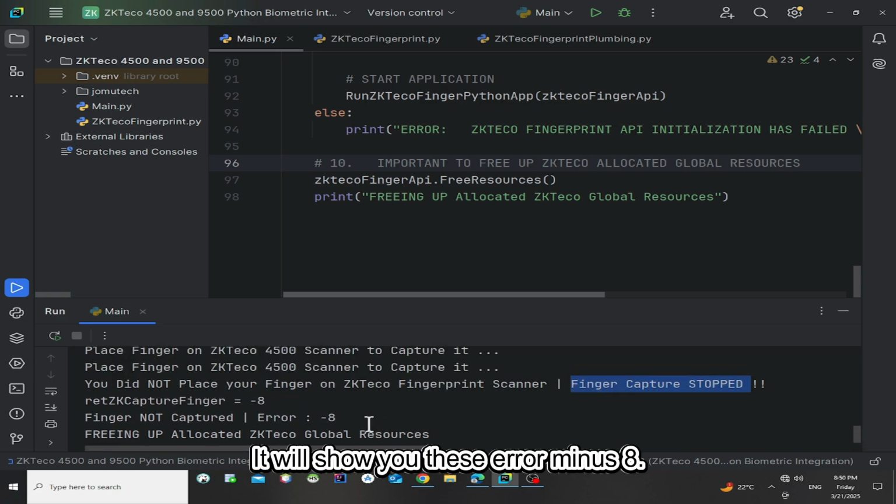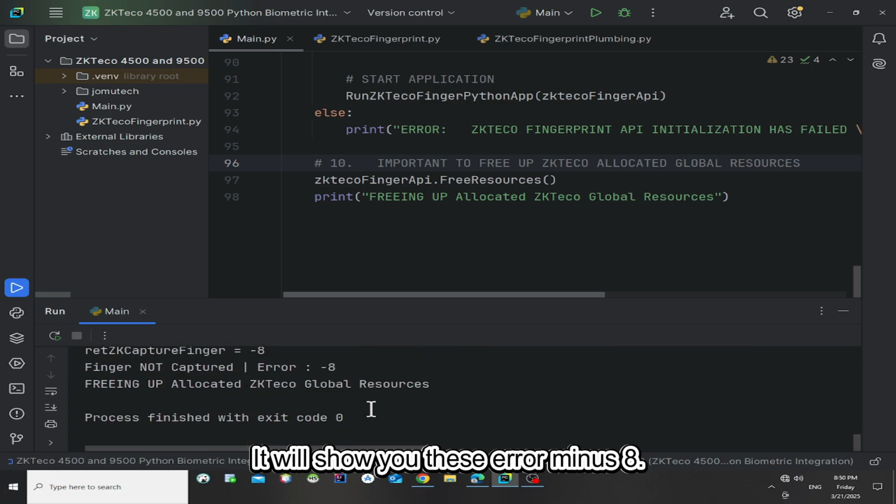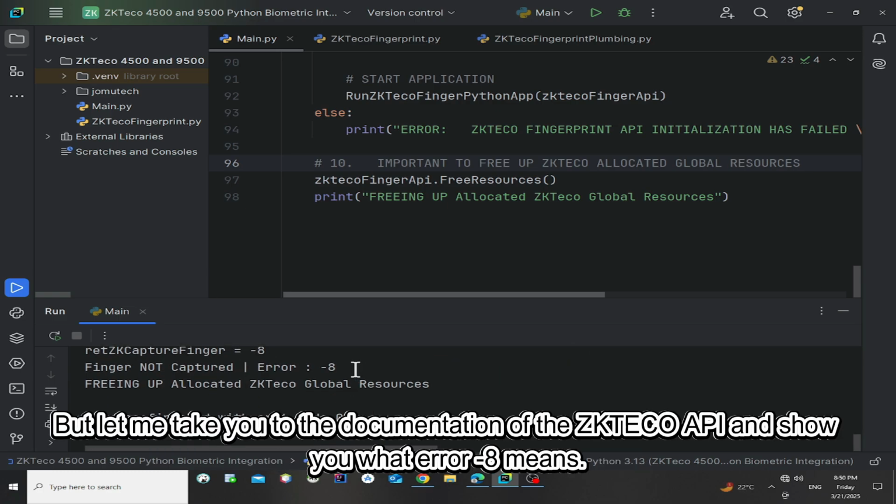it will show you this error, -8. But let me take you to the documentation of the ZKTeco API and show you what error -8 means.